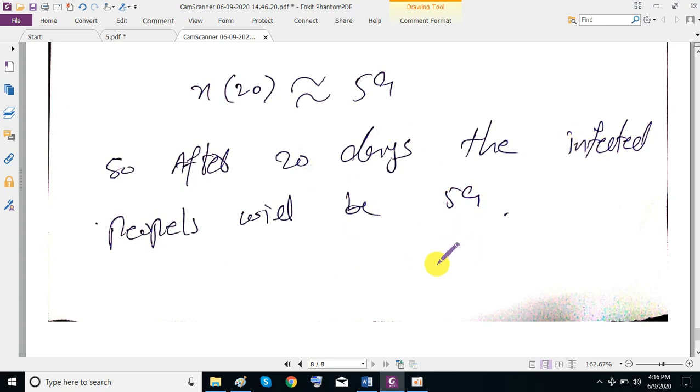Okay, you can extend this problem by adding some assumption. This is your assignment: find out after how many days the whole population will be infected. Okay, this is your assignment. After how many days the whole population will be infected. Okay, now